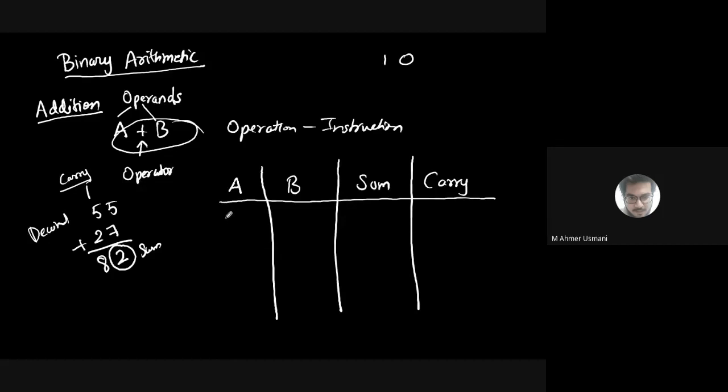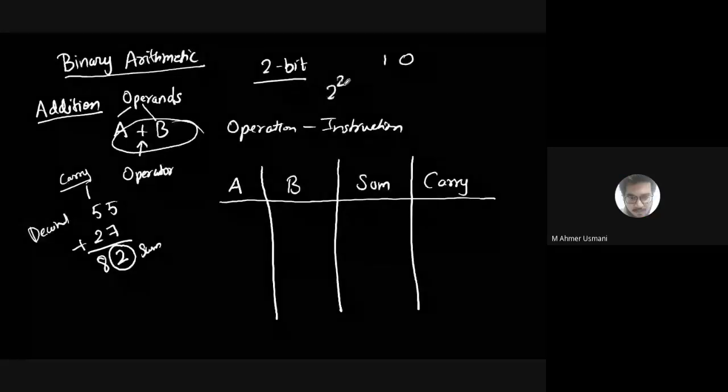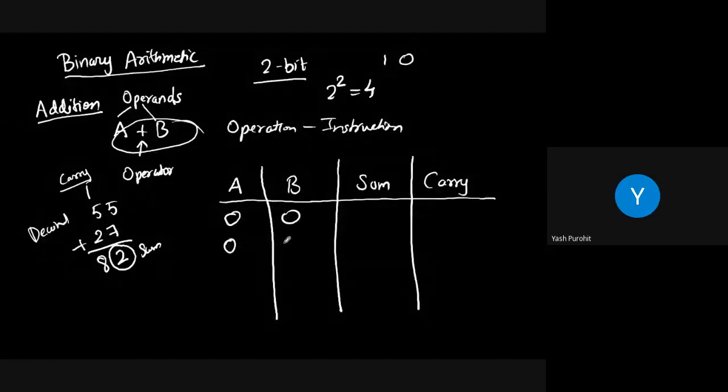In a truth table there is a way of writing down the different possibilities. When we are talking about a and b, that is two inputs, how many possibilities will there be in binary? With exactly 2 bits, one bit for one piece of data and the other bit for the other, how many possibilities will there be in total? It is 2 raised to 2, which is equal to 4. So the different possibilities are 0 0, 0 1, 1 0, and 1 1.